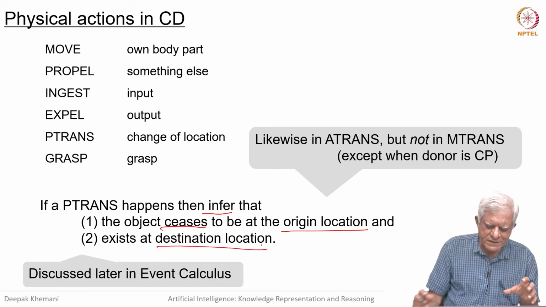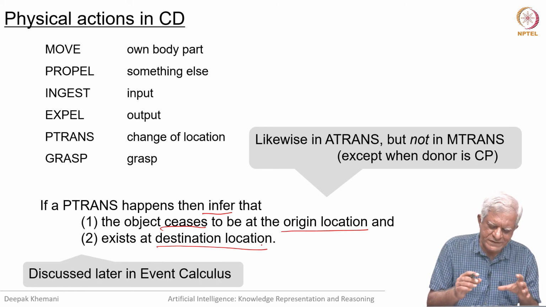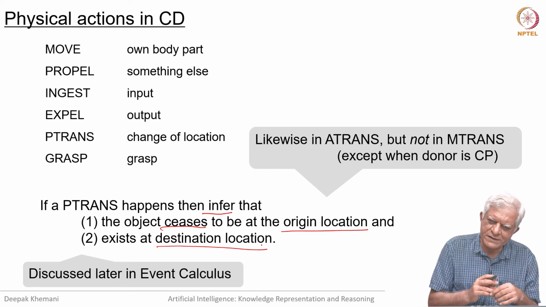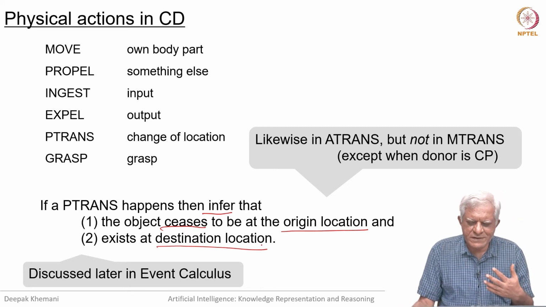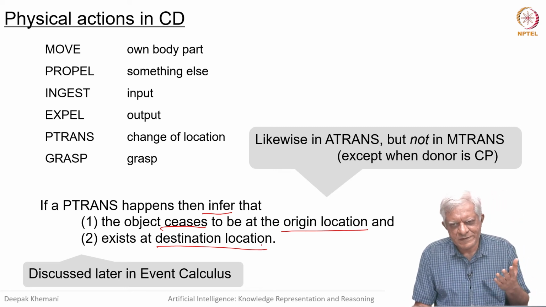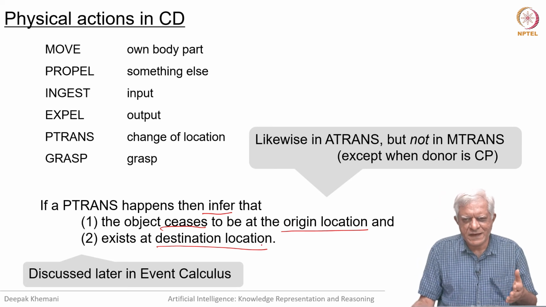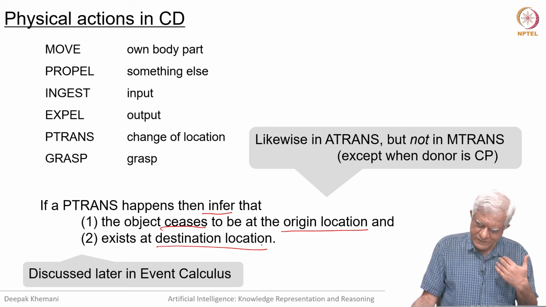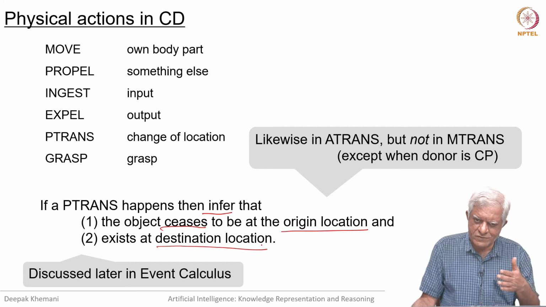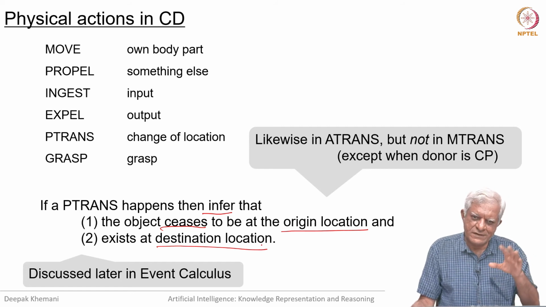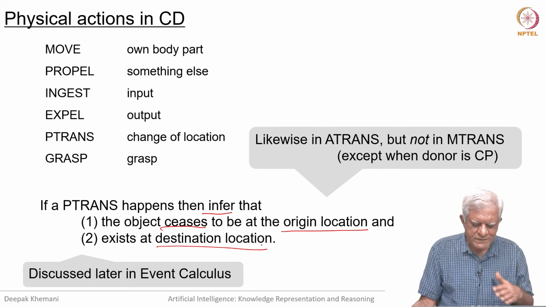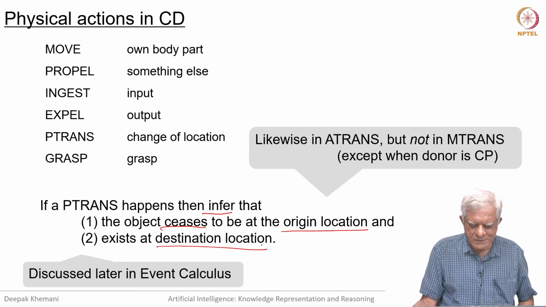This relation between actions and change, we will see a little bit later when we look at event calculus, which is a kind of a logical way of inferring things which happen. So, for example, if Sudeshna went to the canteen, then Sudeshna reached the canteen. These kind of inferences are the kind of inferences we are talking about here.